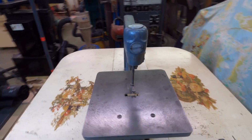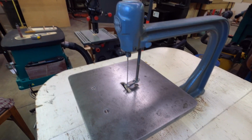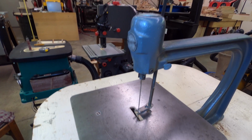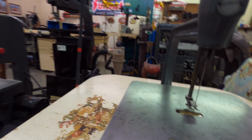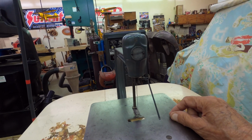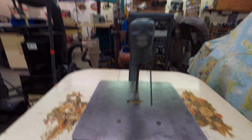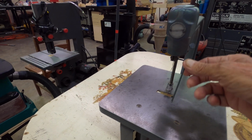Originally, well, the worst thing, the problem with it is it works fine. It's only a 12-inch throat. But the main thing I don't like about it is that it doesn't have enough blade tension. It's only got a coil spring up in the head here. And this blade clamp is nothing but a set screw, an Allen screw. You got to put that Allen wrench in there to take the blade out each time. And let me tell you, when I was 7 years old, that didn't work very well. I had a hard time learning how to do that, because you gotta loosen this, and then,